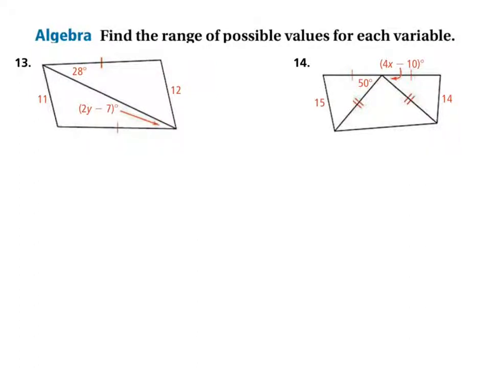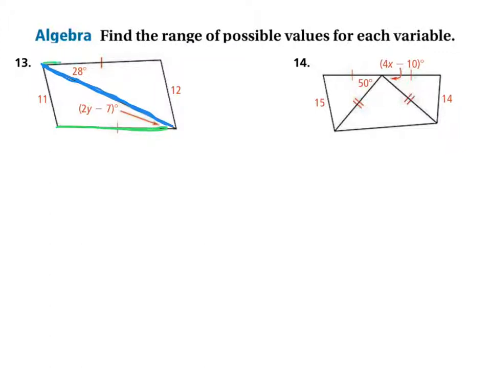Okay, love this. These are excellent questions. So we're again dealing with the hinge theorem. We need to have two sides that are congruent on both triangles. You can see a top triangle and a bottom triangle on number 13. This side is reflexively congruent to itself. They share that side. Additionally, we've got this side